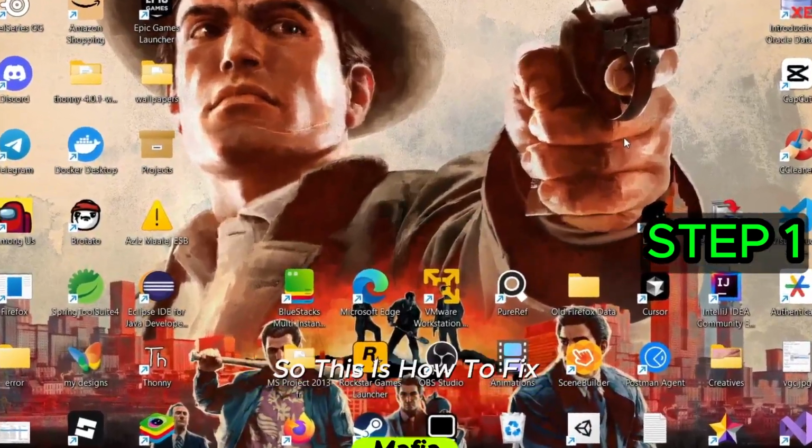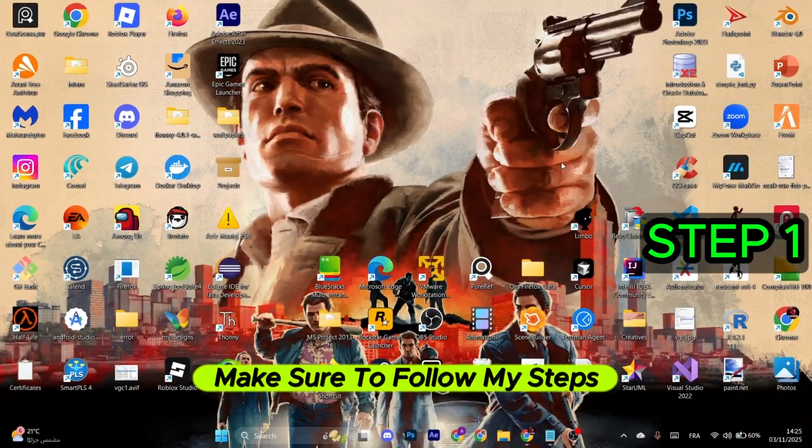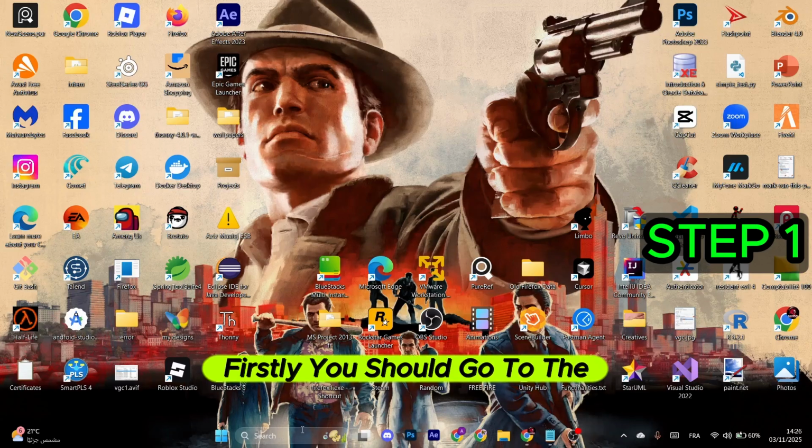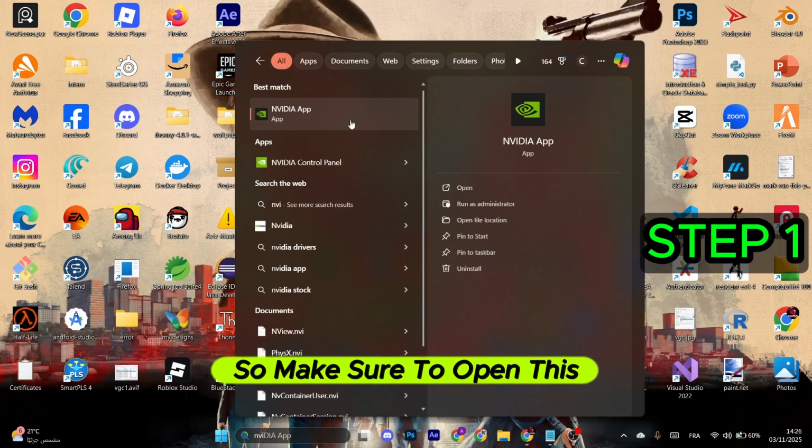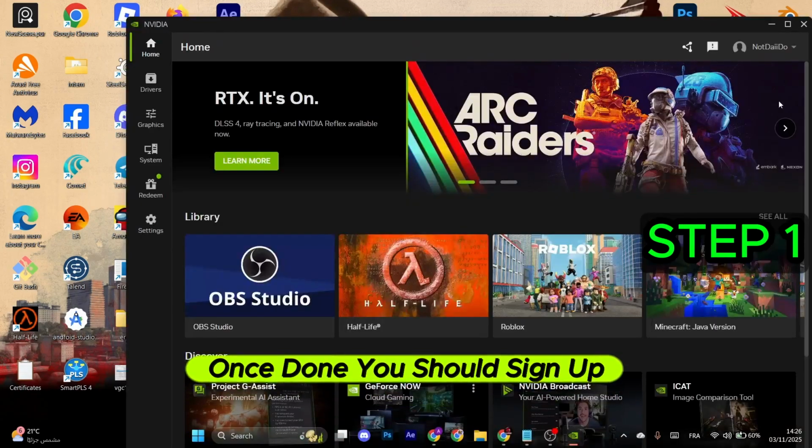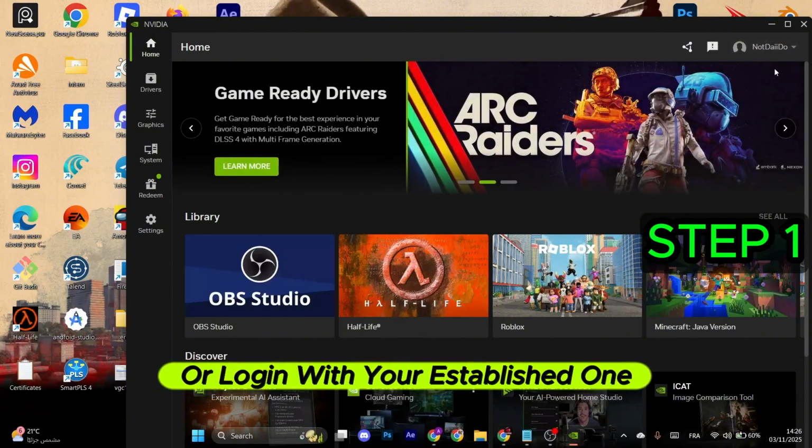So this is how to fix Mafia Definitive Edition not launching. Make sure to follow my steps. Firstly, you should go to the search and type in NVIDIA. So make sure to open this NVIDIA app. Once done, you should sign up with an account or log in with your established one if you do have